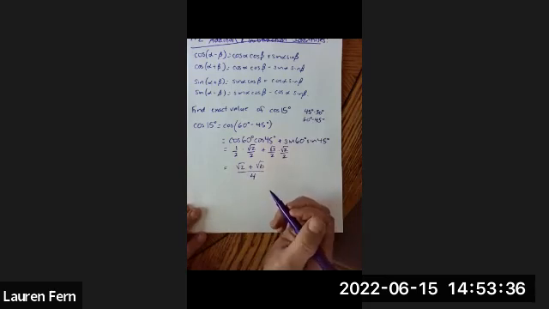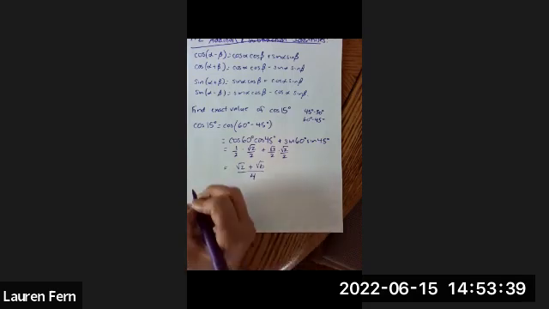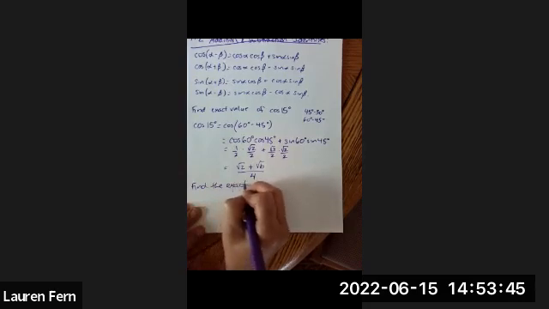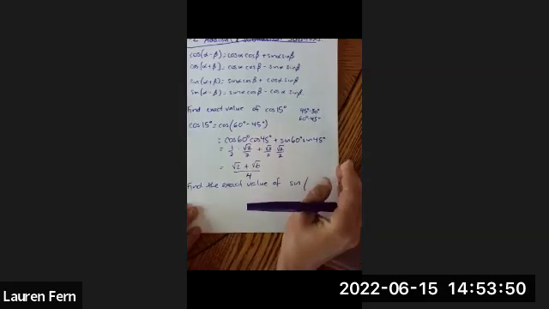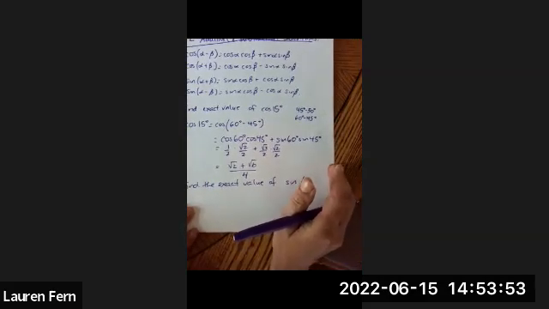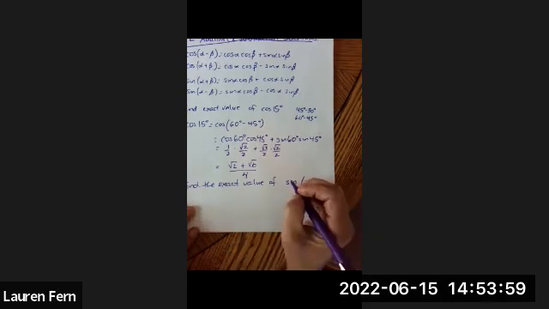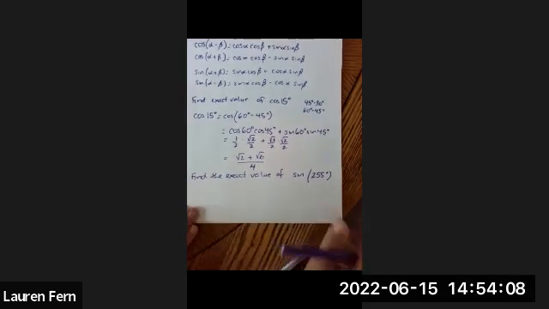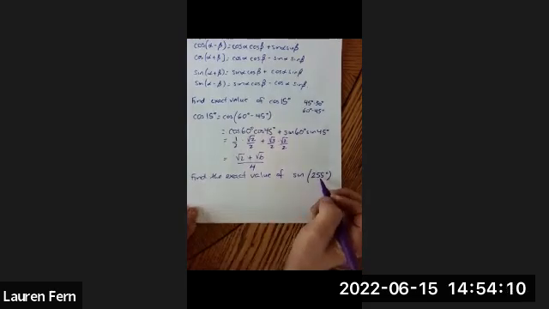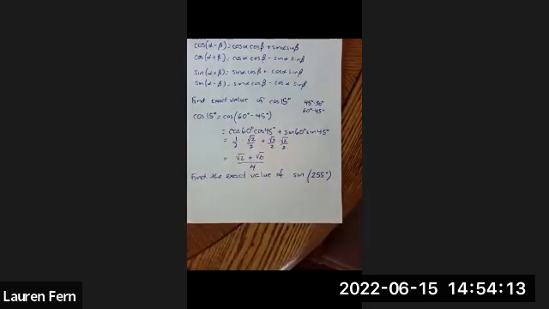So let's see. What if I want us to find the exact value of, how about the sine of, let's see, let's do 255 degrees. Okay. Well, I know that 255 is equal to,